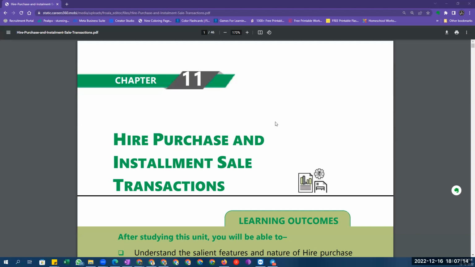Now, in all scenarios, it is not feasible for the business to purchase the assets outright. So in that scenario, there is an option available to businesses to avail this method of purchasing an asset, which is